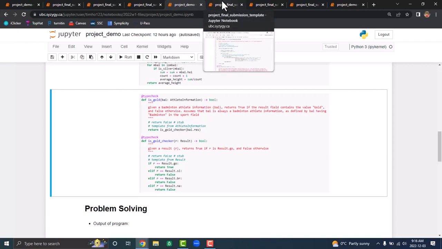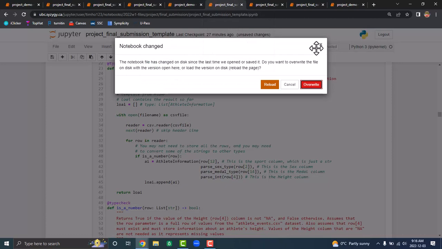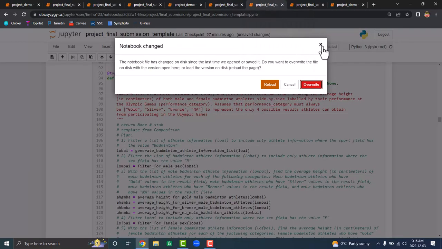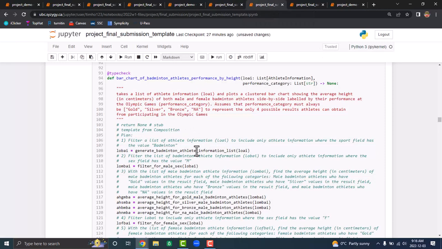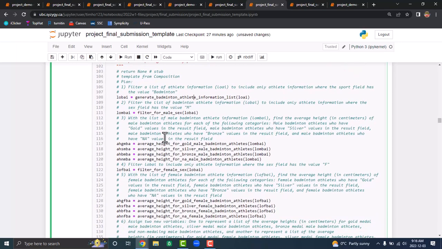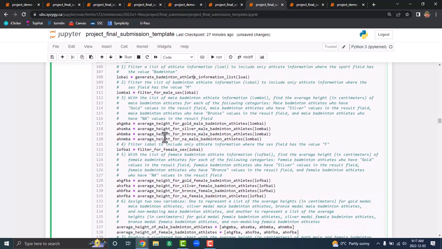Now jumping into problem solving. Firstly, my function starts with a read function which takes in data from a CSV file and outputs it as a list from which I can do my data transformation. We then move on to an analysis function which first filters for badminton values in the sport field only. It then filters for male badminton athletes only, and then from there, it calculates the average height of badminton athletes who are male, who achieved a gold medal, silver medal, bronze medal, or didn't medal,